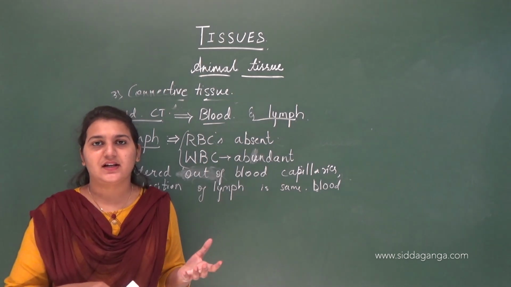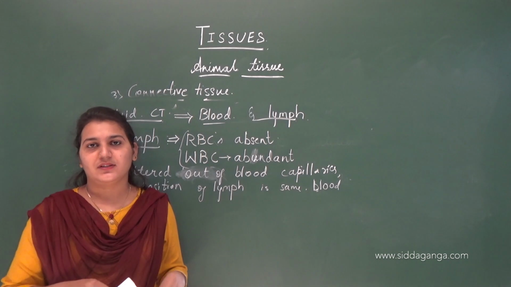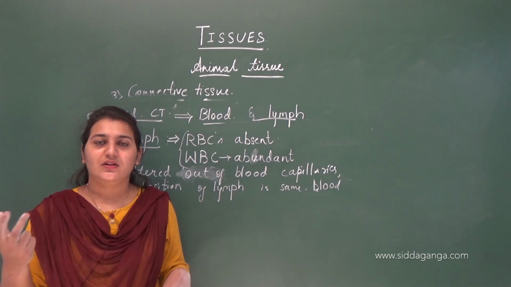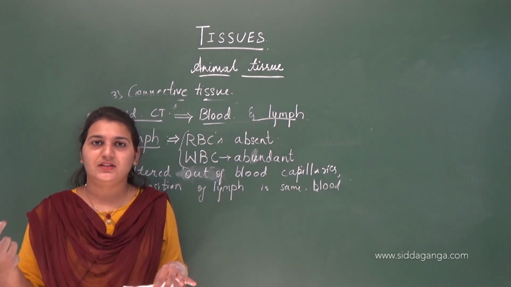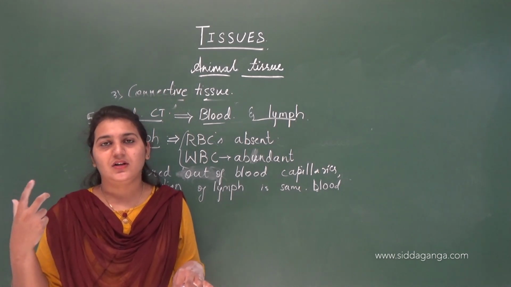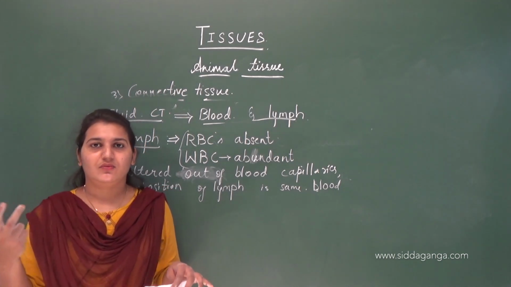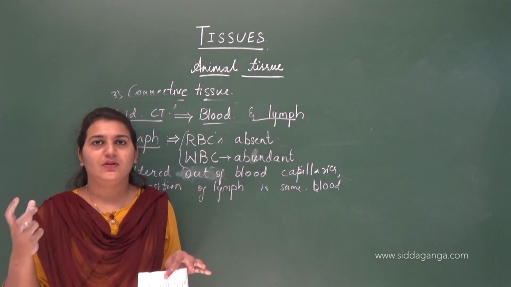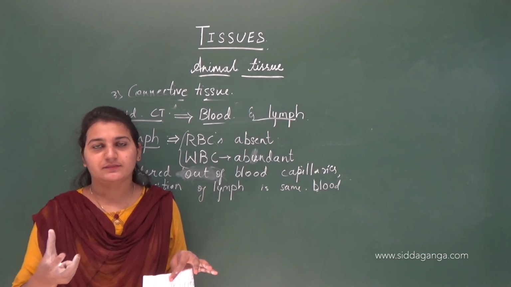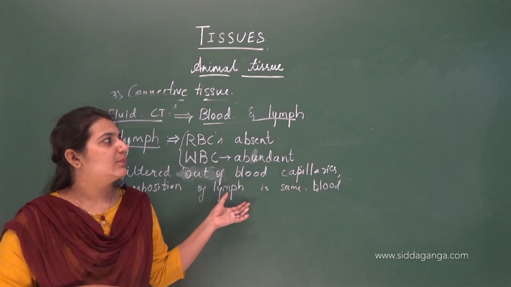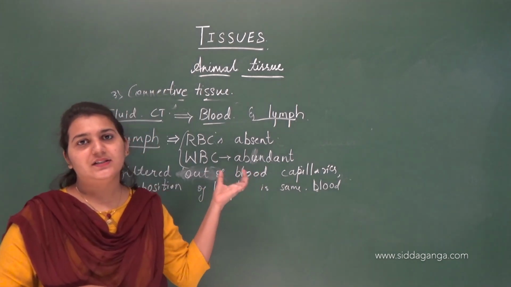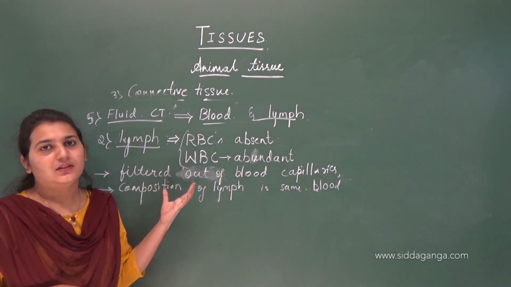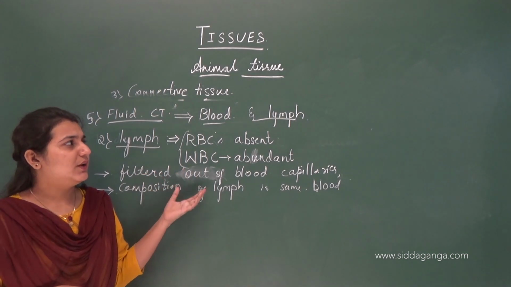And about skeletal tissue, bone and cartilage form this. Bones are too strong and they are not at all flexible, whereas cartilage is elastic and flexible in nature. Cartilage is present near your ear, nose tip, larynx, trachea, and bones as well. The major function of bone is it supports and provides a particular posture to the organ in which it is present. Clear? And again, the last type is fluid connective tissue. The matrix is fluid in nature. Blood and lymph form the fluid connective tissue. The fluid matrix in blood is plasma.